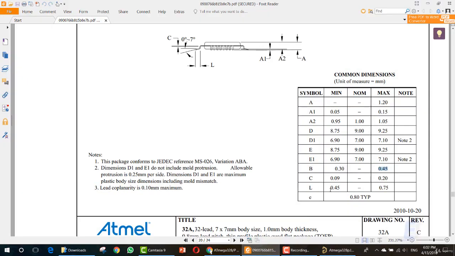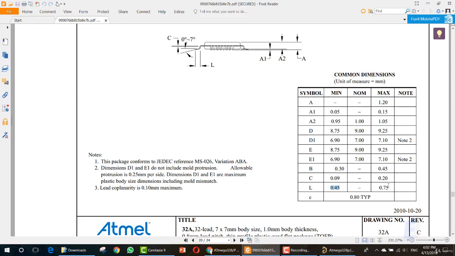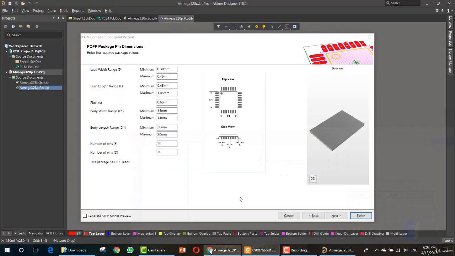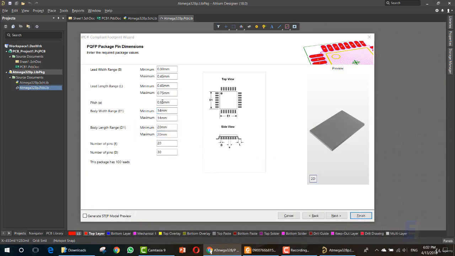Now the L, 0.45, while the maximum is 0.75. Now we want the E. Okay, 0.80,